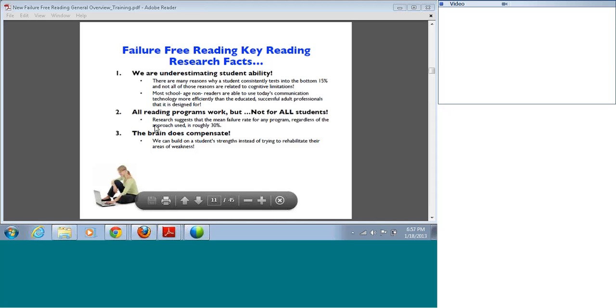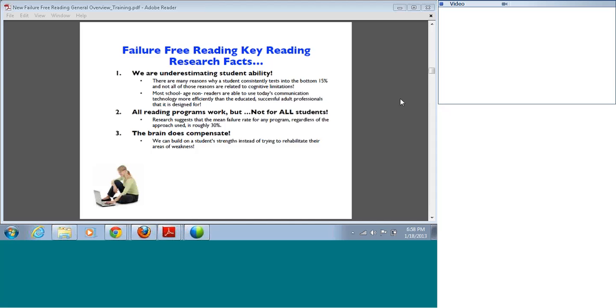All right. So here are some of Failure-Free Reading's key reading research facts. Number one, we are underestimating student ability. Guys, there are an abundance of reasons why a student consistently tests into the bottom 15th percentile, and not all of those reasons are related to cognitive limitations. Most school-age non-readers, and I love this thought concept,